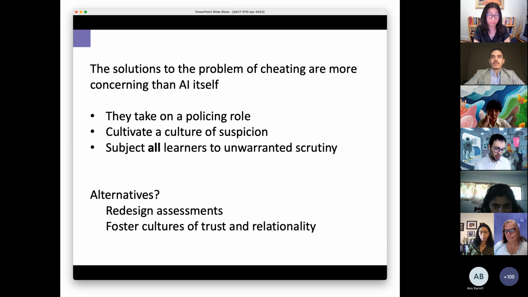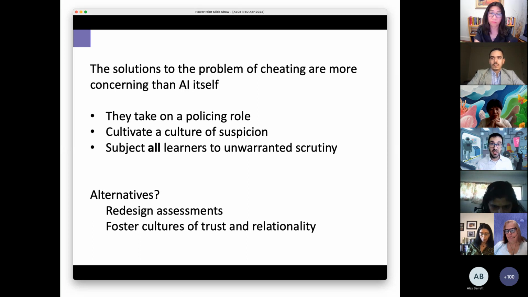Technologies that promise to catch students cheating essentially take on a policing role, right? They say, we're going to police students and figure out if this text is written by AI. And what they essentially do is cultivate a culture of suspicion, where they subject all of our learners to unwarranted scrutiny